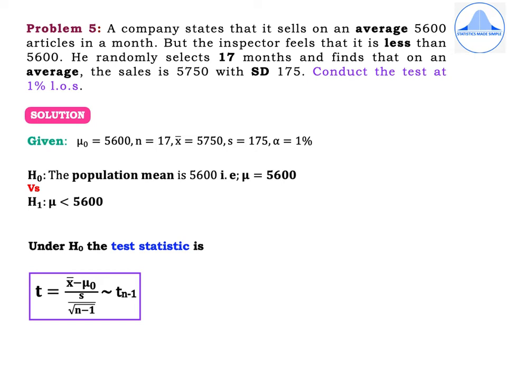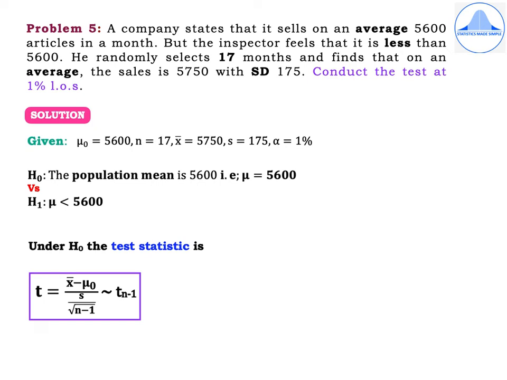So, in this problem, the words average and standard deviation are used, and they have mentioned that he randomly selects 17 months. That means n is equal to 17, which is less than 30. So, the problem is based on t test for single mean. Hence, we need to get four values from the problem, that is n, x bar, mu naught,